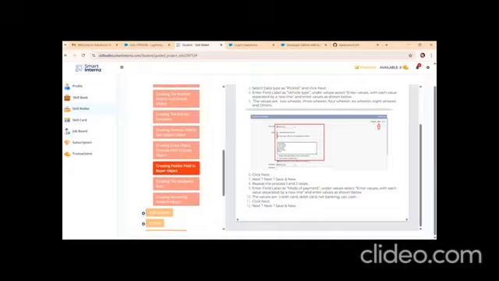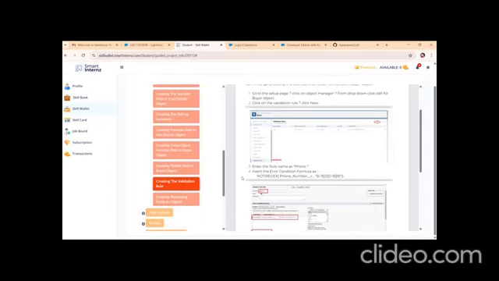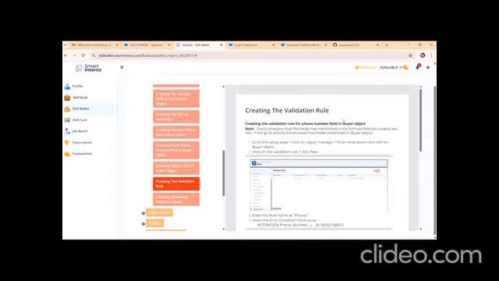We can create it step by step, in order wise. We can complete that. Previously we created all the objects. We have all the objects in my Salesforce account. Finally, we have completed